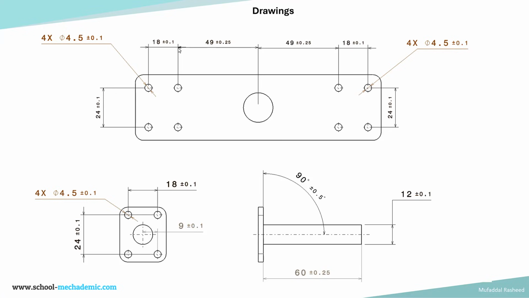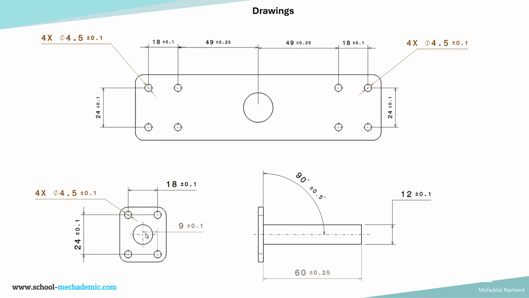And this is the location of the patterns. So the patterns, this pattern and this pattern are located from the central locating hole at 49 plus or minus 0.25 on either side. So this data will be sufficient to calculate the stack on the plate. Now this is the drawing for the post. The post is having the same pattern of 4 holes, 4 clearance holes, and the dia is also the same. The specification of the dia and the tolerance is also the same on the post for the 4 clearance holes,